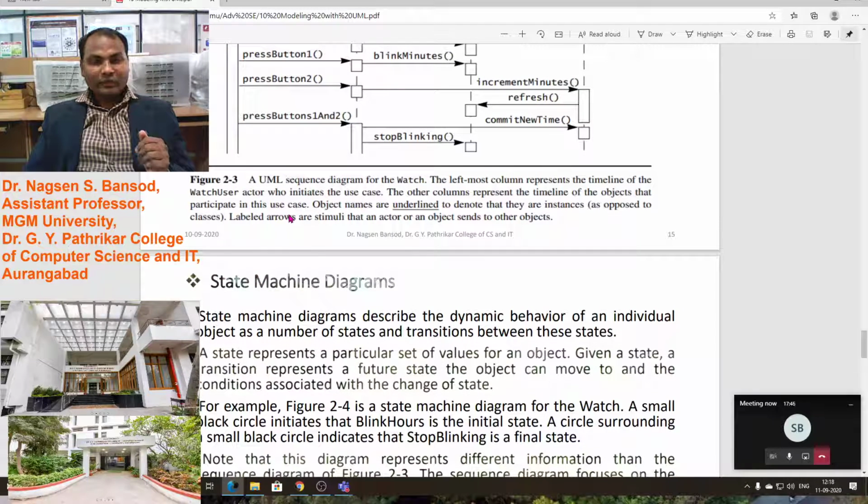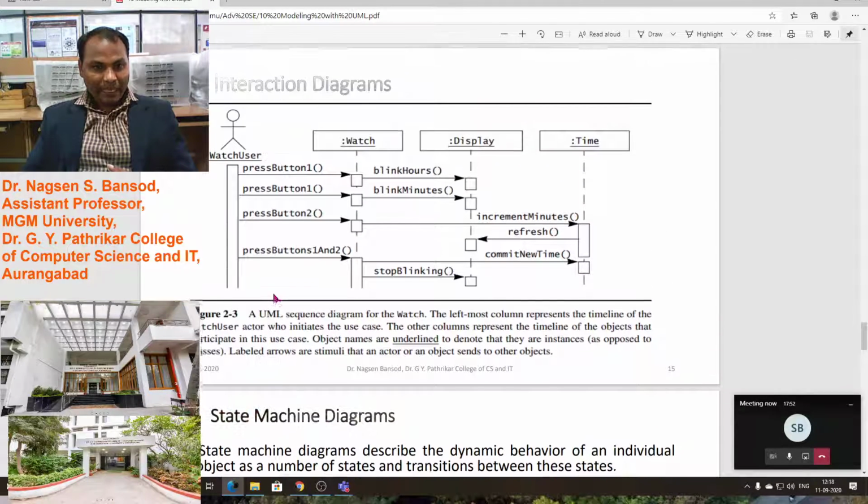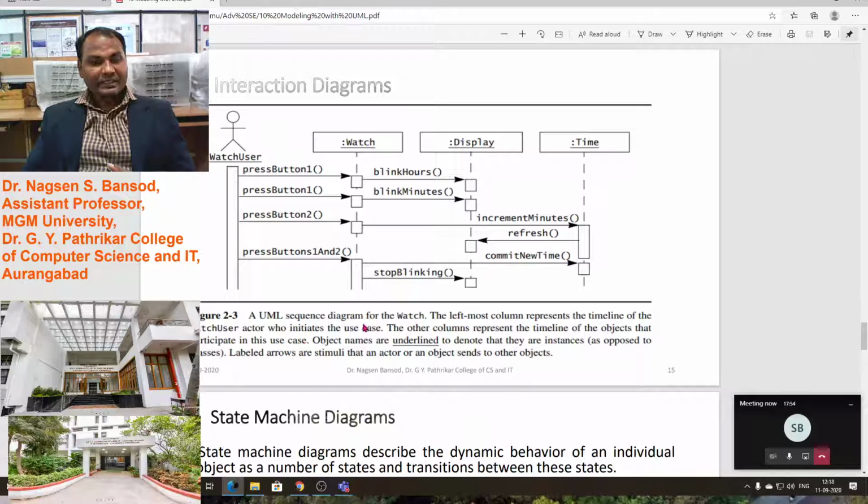A UML sequence diagram for the watch. The leftmost column represents the timeline of the watch user, the actor who initiated the use cases. He initiated two use cases, the watch user.